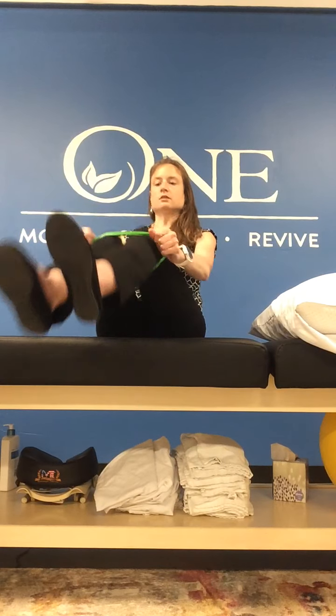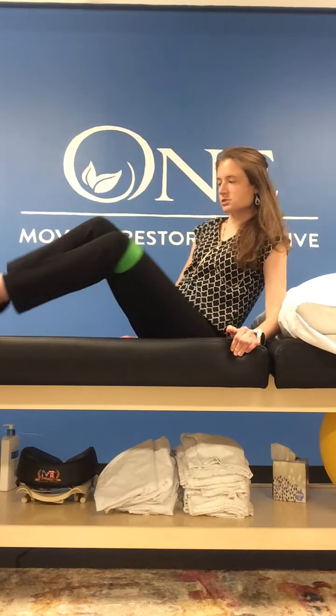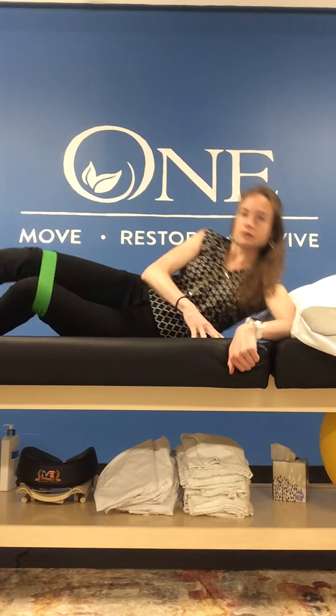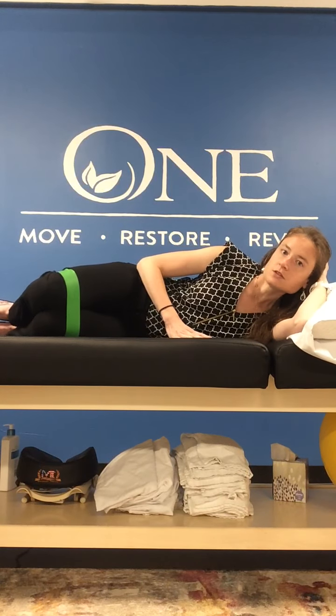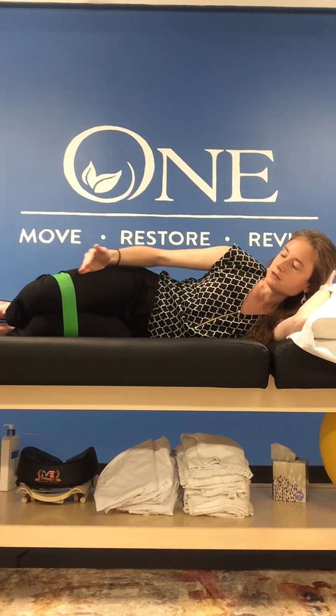So what you're going to do, all you need is your band, typically a loop one, but a long band will do, just tie it in a knot. Put this around your knees. Most people do this on the floor, on a hard surface, yoga mat, or bed. It really doesn't matter. So you're going to lay on your side. Your knees are going to be bent. I want your hips and your shoulders lined up together, and your knees are going to be less than 90